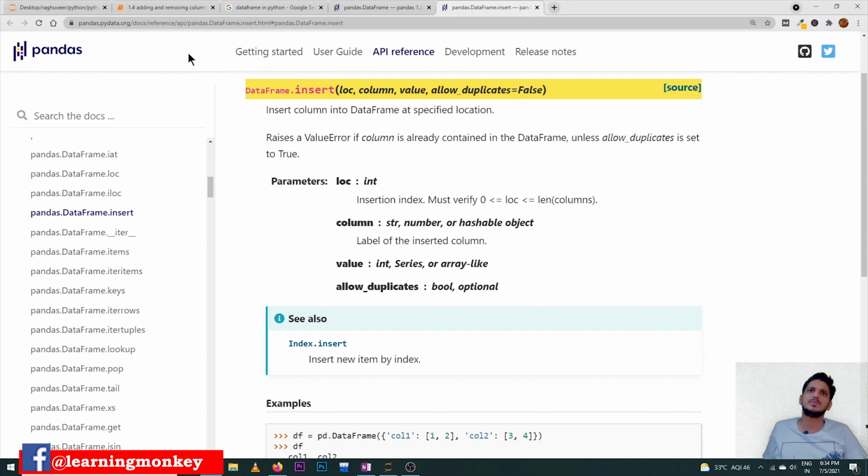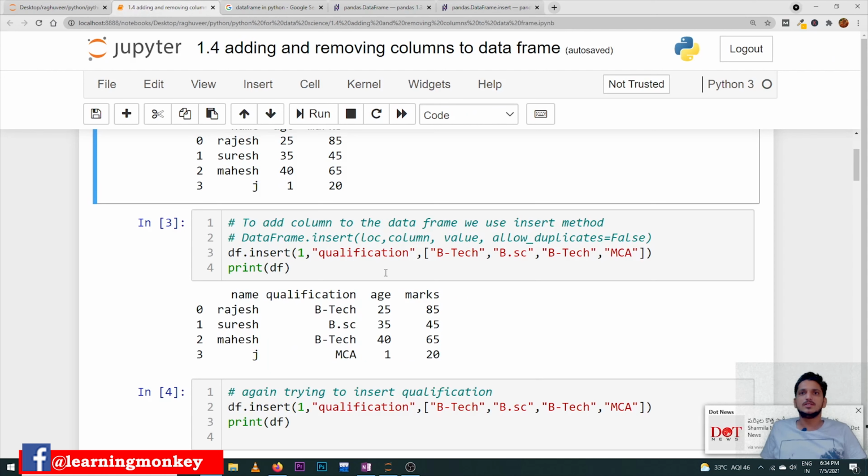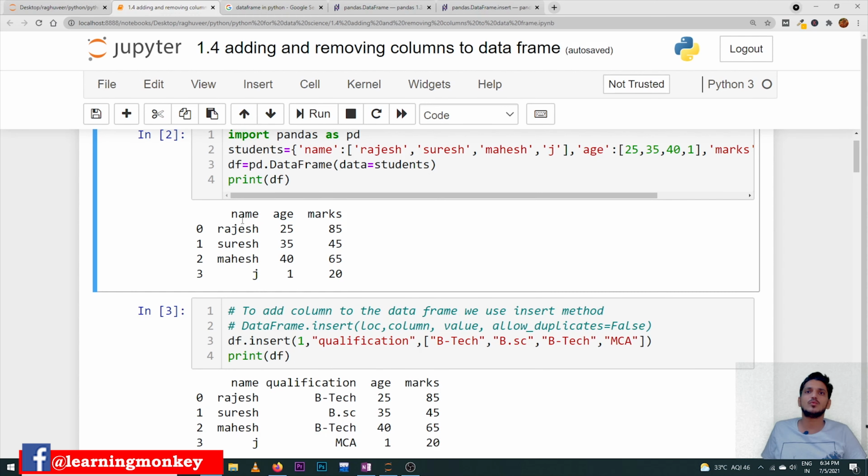Let's take some examples and understand how we can write the code to add a new column to the data frame. See here, df.insert. We are using the insert function, and at what position we want to insert the new column. At first position. In the existing data frame, how many columns are there? Name, age and marks.